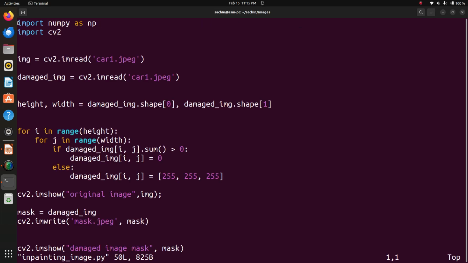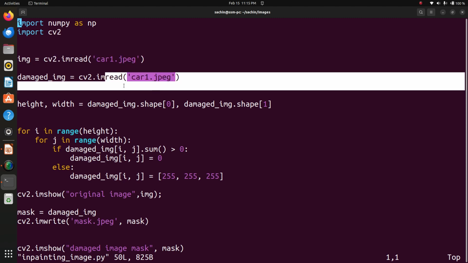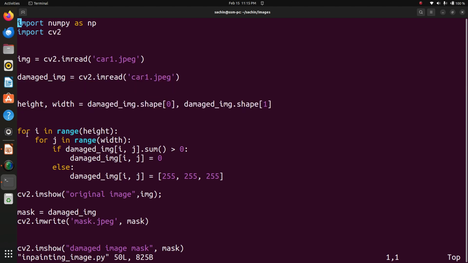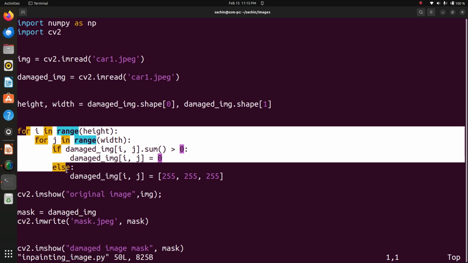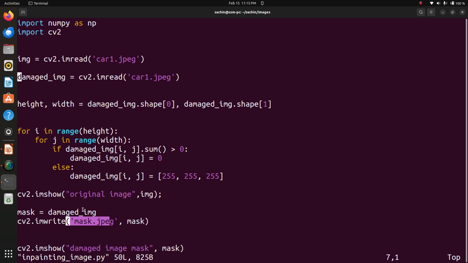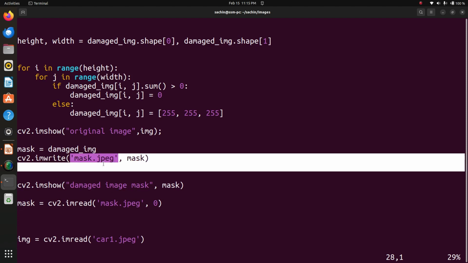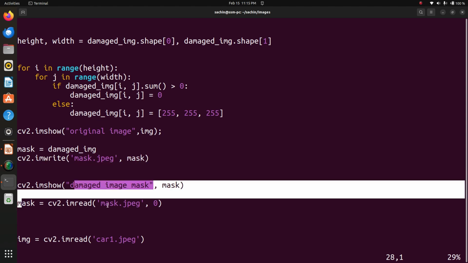First of all, importing the required libraries needed for the program, then read the image carbon.jpg. Then the same image we need to convert, we need to damage that image. So this for loop is for converting all pixels greater than 0 to black, while black becomes white. Then show the original image, show the damaged image, mask, then write the mask image and show the mask image,